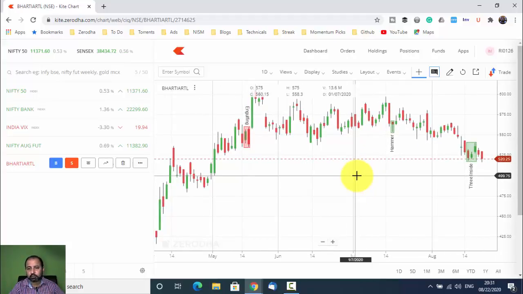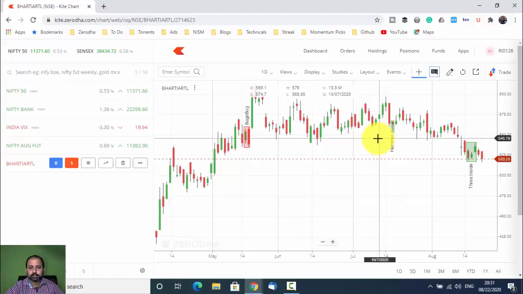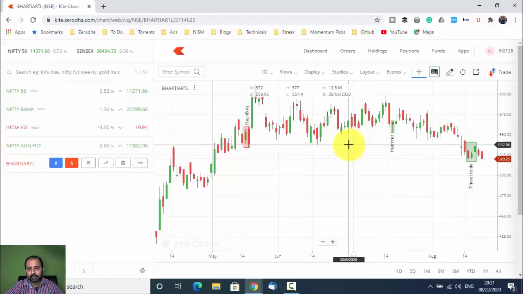Now I will take you to Zerodha Streak, where you will check the patterns on the Streak scanner. So you can scan your own stocks. Here, for each and every stock I need to come back and check, but that is not possible always, because there are many stocks. If I want to check on which stock engulfing has been formed, I need to use a scanner. So for that I will be checking on Zerodha Streak.